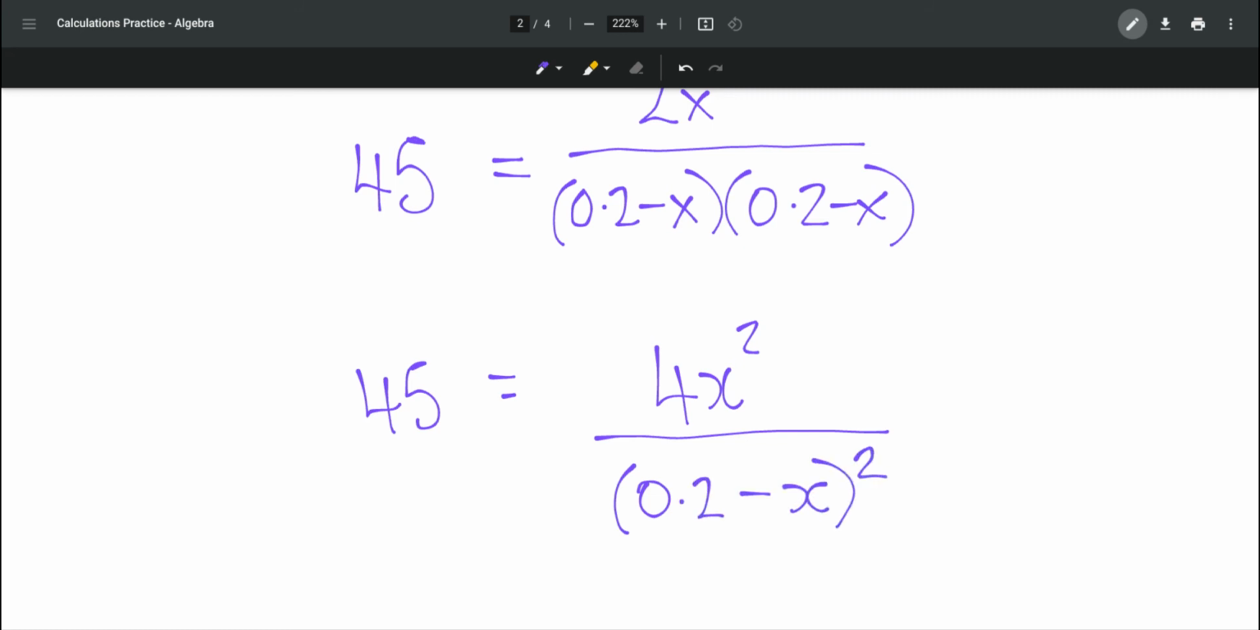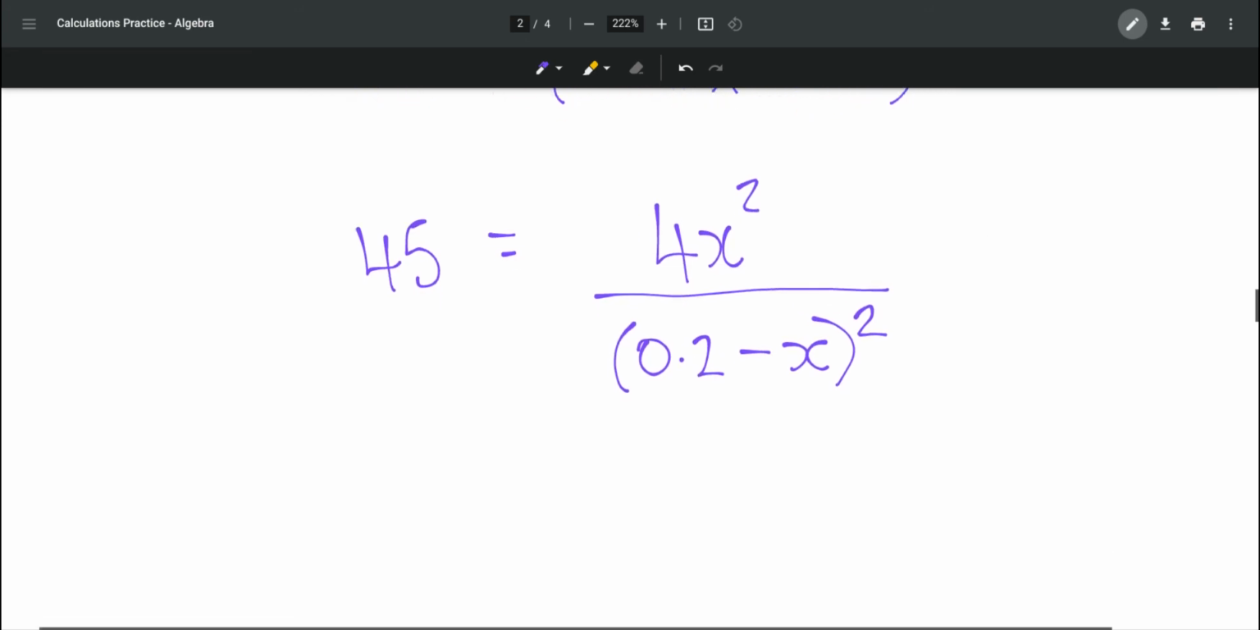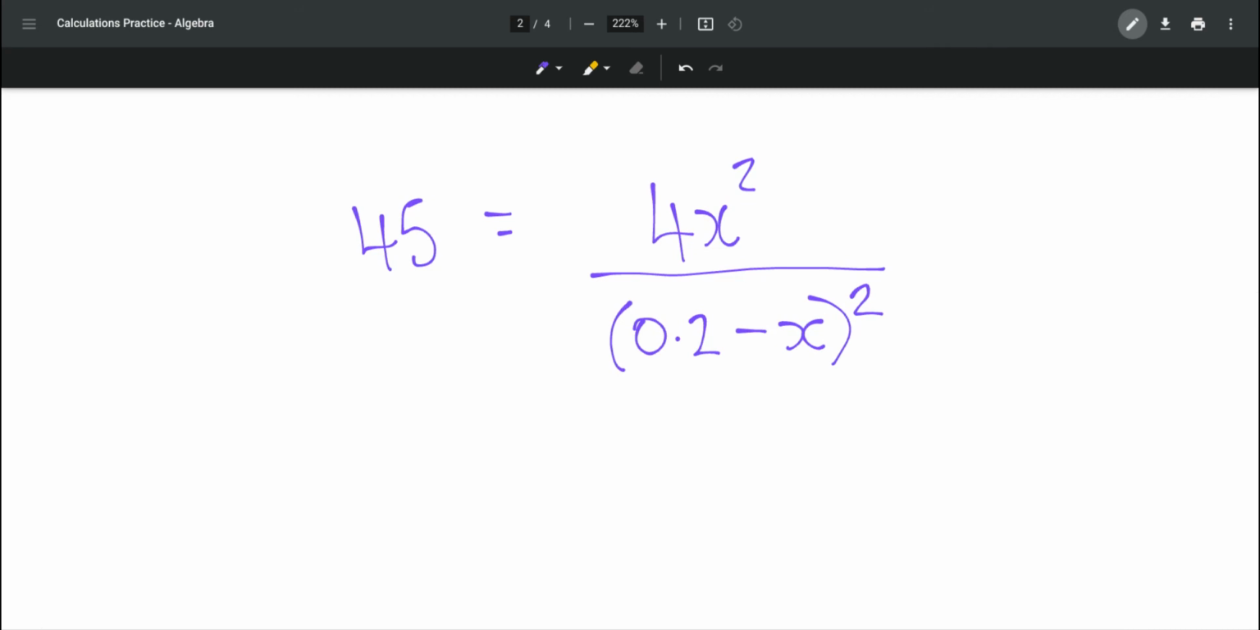So we're just using the laws of algebra to try and help us figure this out. Just like we did before, we don't really want a division on the bottom, so we're going to take this up here and multiply. Now this time we're going to have 45, and then our 0.2 take away x